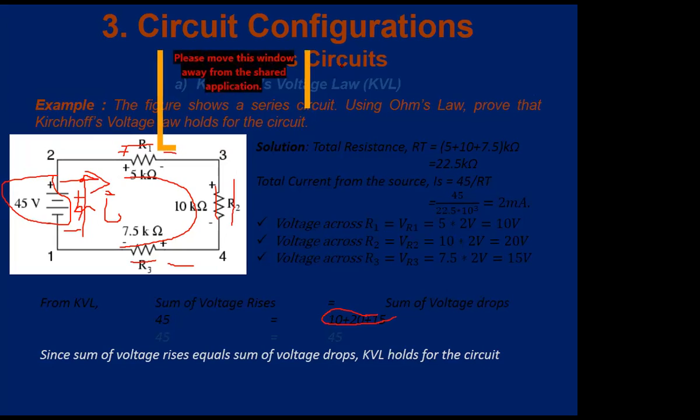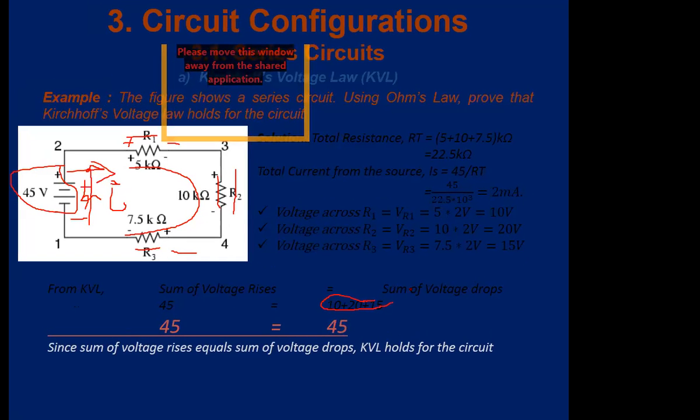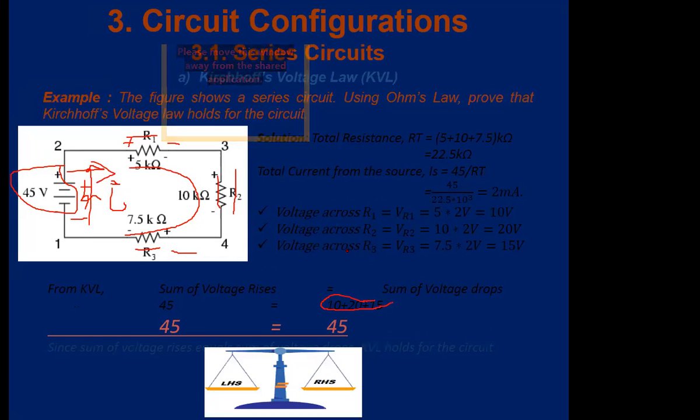So those are some of the simple examples that we have in our circuit calculations. The right hand side is equal to the left hand side, and hence we can say